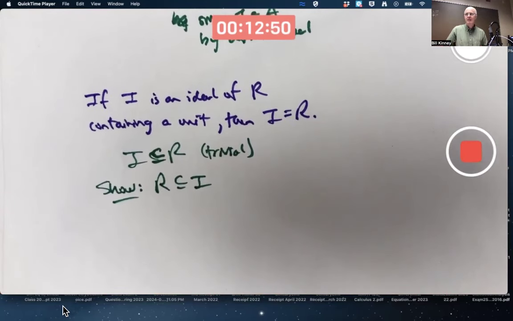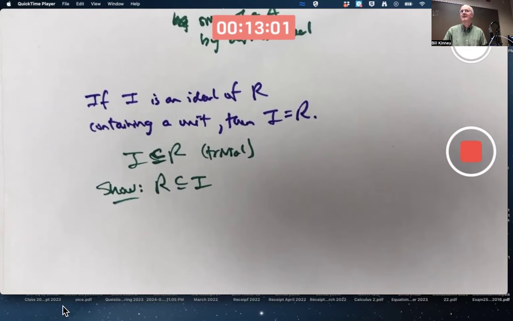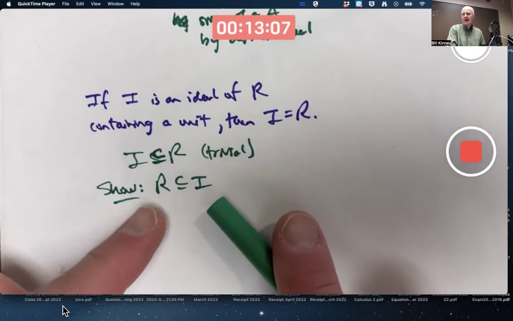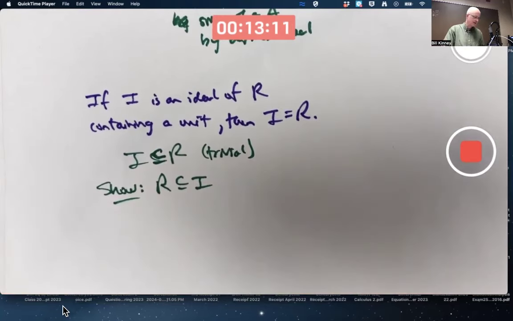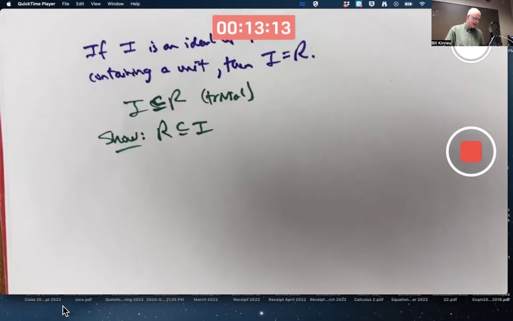You could try to do that with set inclusion, but you also can just use number 19. If we can show that 1 is in the ideal, then we can invoke the previous problem to say the ideal is all of R. So you don't really have to show the inclusion, actually. You can just invoke number 19, the previous problem. And so how do you show 1 is in there? Well,